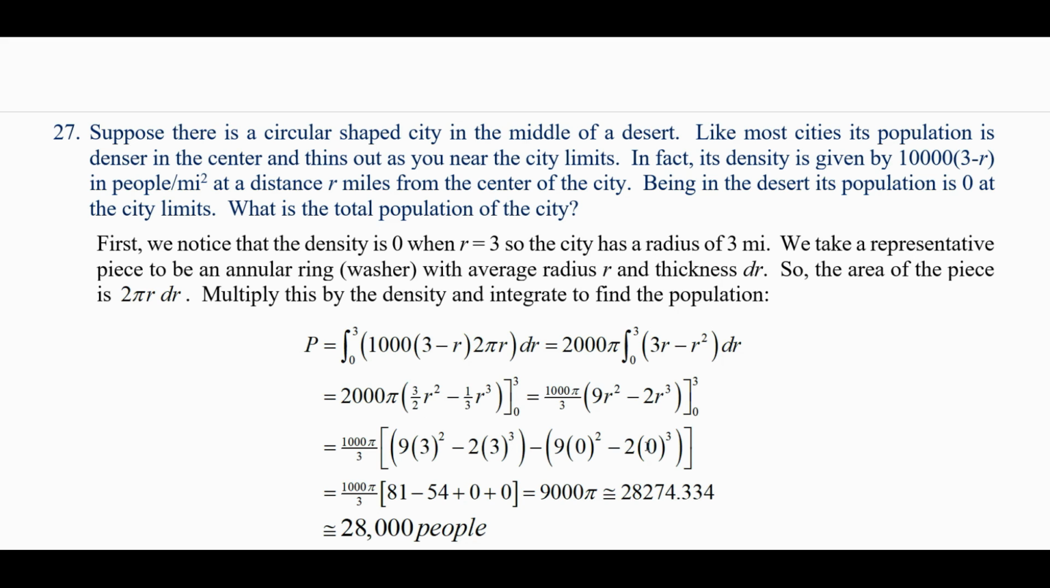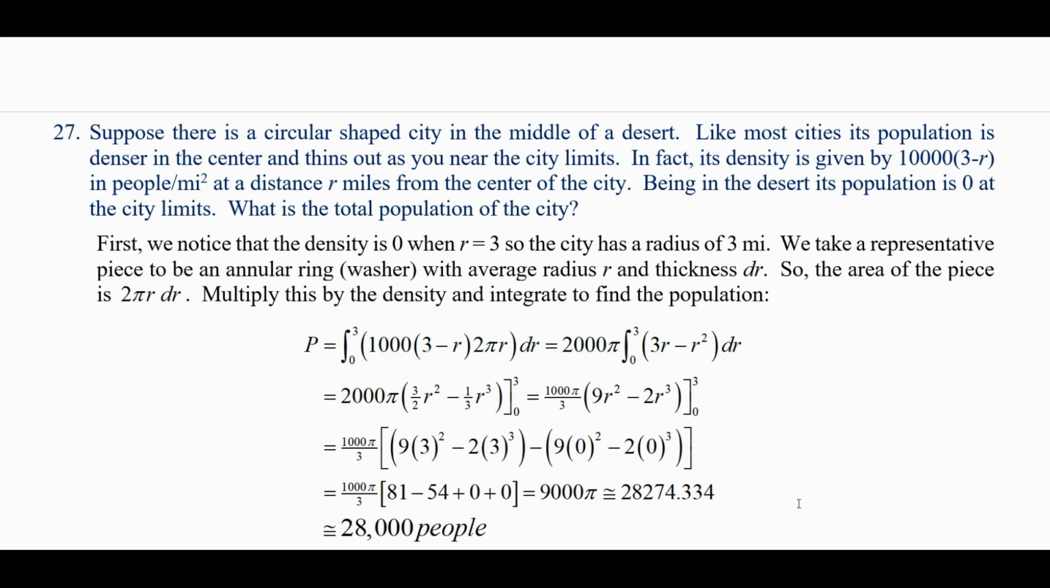We plug in the 3, plug in the 0, and evaluate. The zeros work out to be zeros. 3 squared is 9 times 9 is 81. 3 cubed is 27 times negative 2 is negative 54. 81 minus 54 is 27. 27 divided by 3 is 9 times 1,000 pi is 9,000 pi. So the answer is 9,000 pi, or approximately